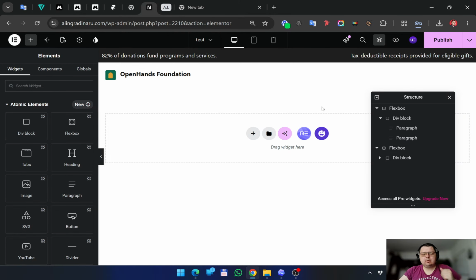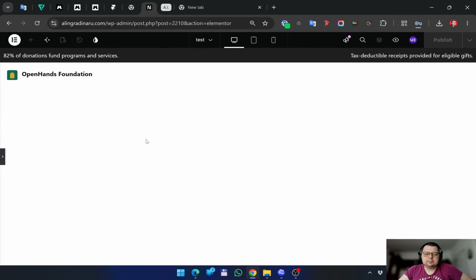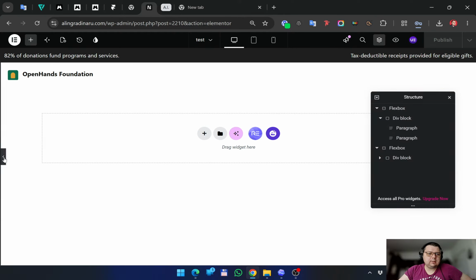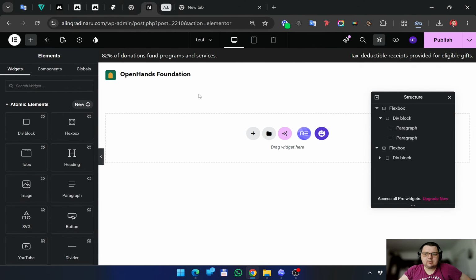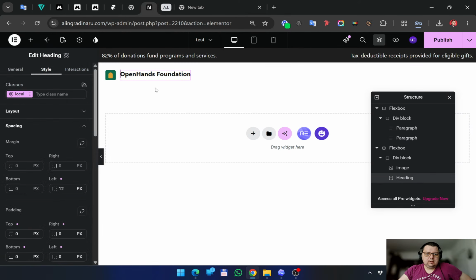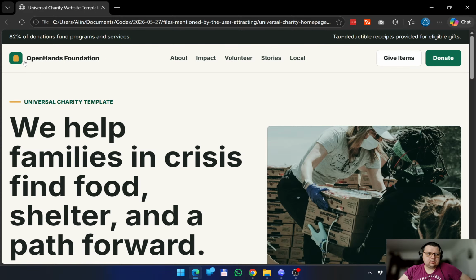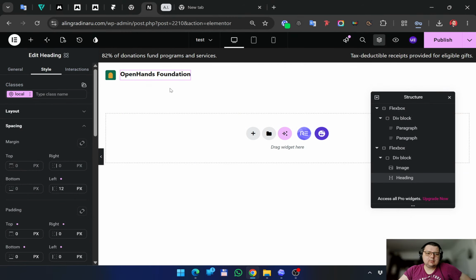Okay, so I had a div block there. That's why it was black. So now I have this. This is not a black bar. It's more of a green, dark green bar. But let's say it's okay as it is right now. I have here the logo, which is almost okay. Here is centered on the horizontally